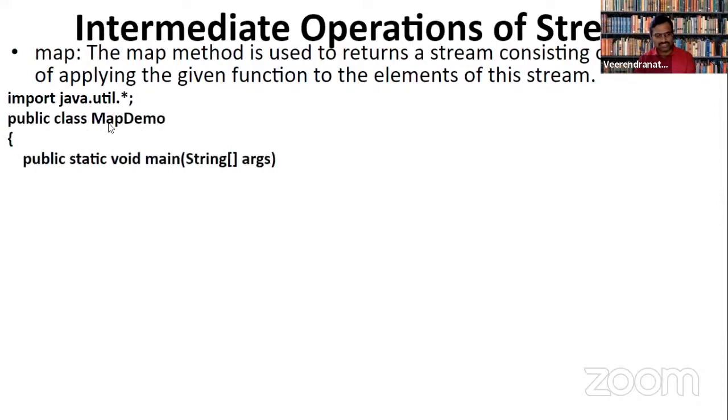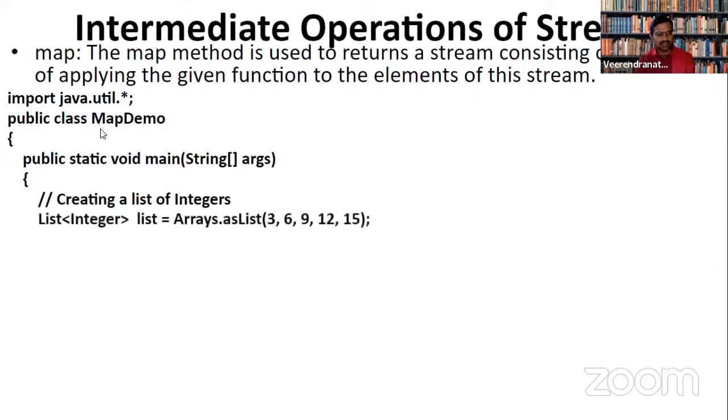As you know, all these things are quite common for creating a map. Now we are creating a list of integers. Generally, how can I create a list of integers? I can create a simple list. This is a list interface. So what exactly is the list interface? The List interface is nothing but a collection interface, which can have a list of elements.